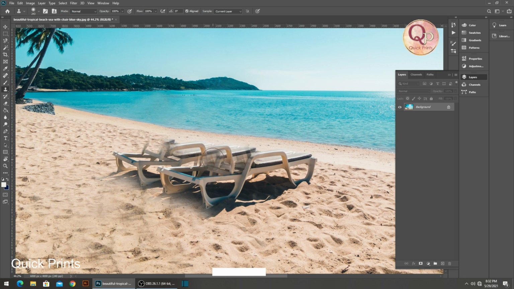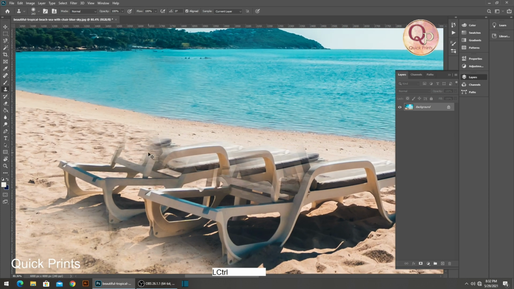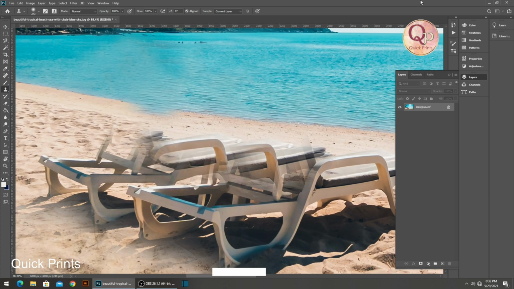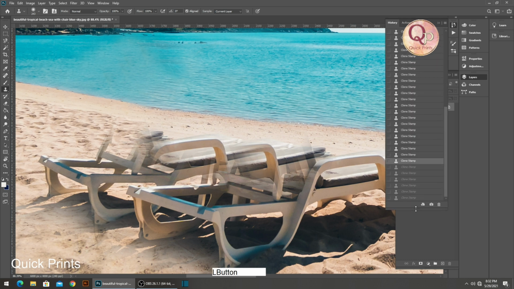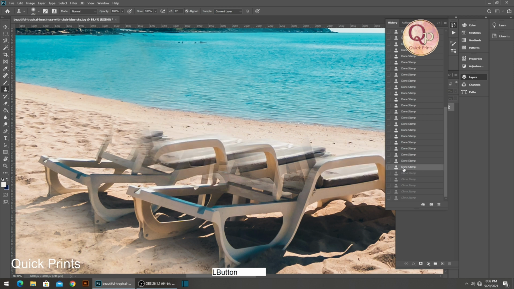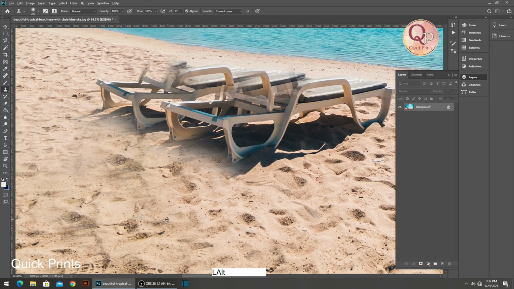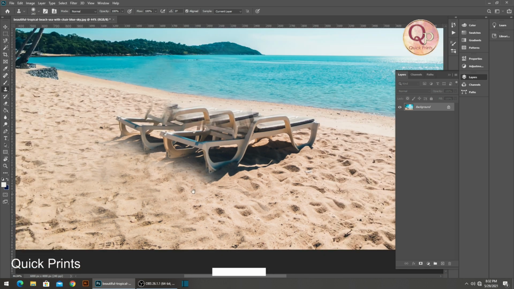Okay, we need to see smartly. I have just come back to the previous level, so let me show you how I came back. These are the clone stamping steps in History, you can see whatever I have done. So I have reached here. Let's fix it, close it, right? Okay, clone stamping, and fix it here.